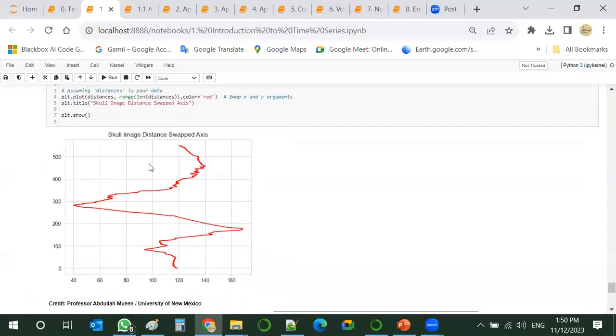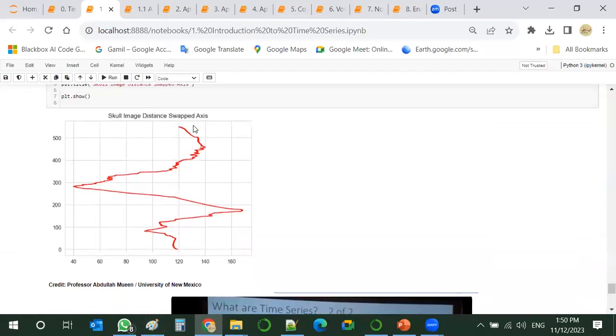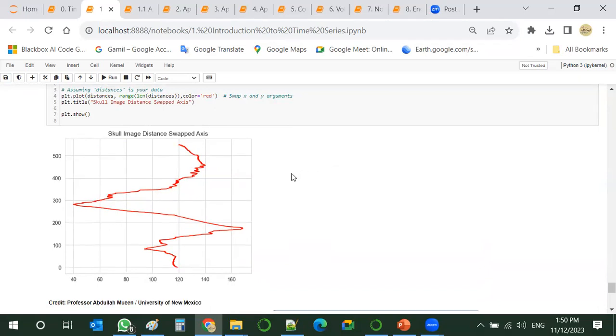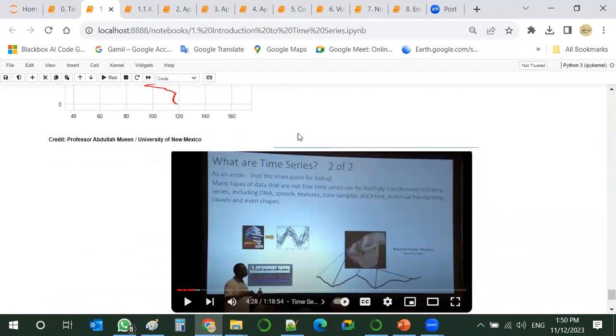And if we just flip it a little bit, this will remind us, especially in upstream, for instance, of the wireline logs, for example. So the credit for this skull idea goes to Professor Abdullah Muin from University of New Mexico.